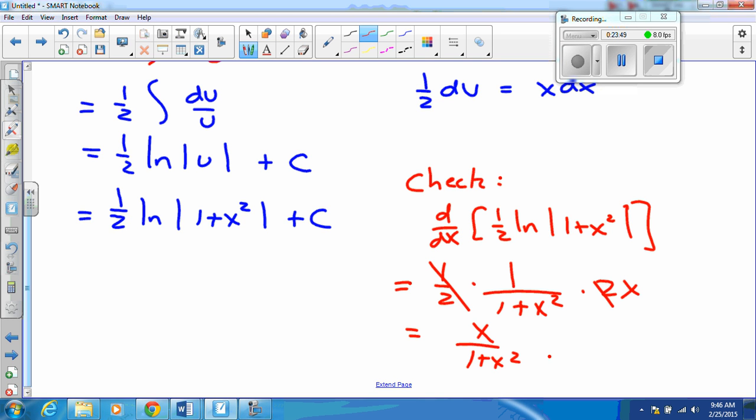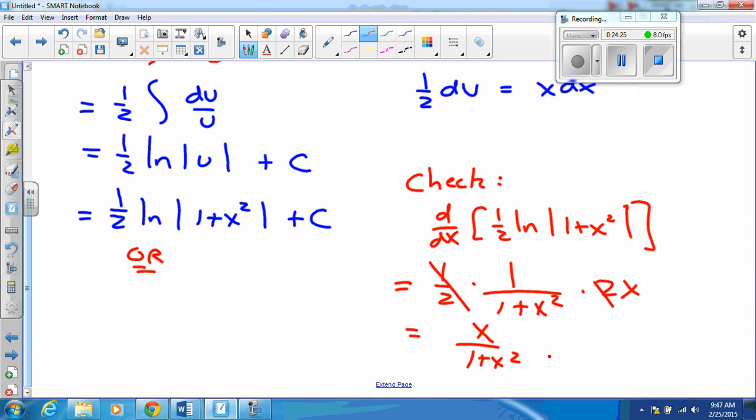That's pretty cool. A warning about answers involving natural logs. It is very, very common for answers involving natural logs to be changed in some way using log properties. Here are a couple of changes that you might see. First of all, you might see somebody recognizing the fact that 1 plus x squared is never smaller than what value? 1 plus x squared is never smaller than 1, exactly. And therefore, 1 plus x squared is always positive.